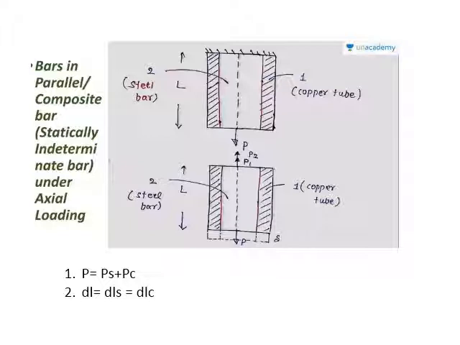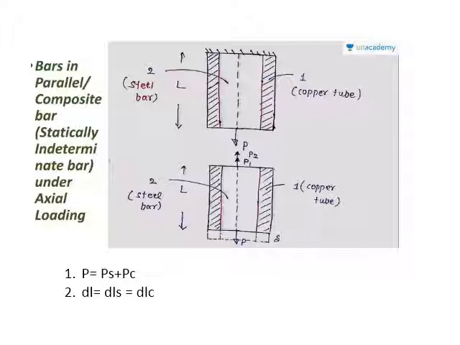Okay, so observe carefully, this is a uniform bar. This is not a tapering bar. So for a uniform bar, the deformation formula which we have already derived is PL upon AE. P is the applied load, L is the length of the member, A is the cross-sectional area and E is the Young's modulus. So for this particular figure, PL upon AE for steel should be equal to PL upon AE for copper, right? So by using this compatibility equation, I can find out